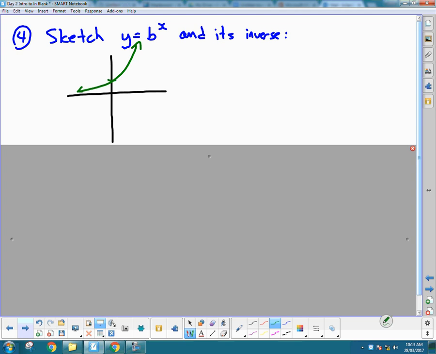Because regardless, b to the power of 0 is going to be 1, so it doesn't matter what the base is. If you put it to the power of 0, it's going to be 1. And so all of these sort of look like this: y equals b to the power of x. And if you recall,